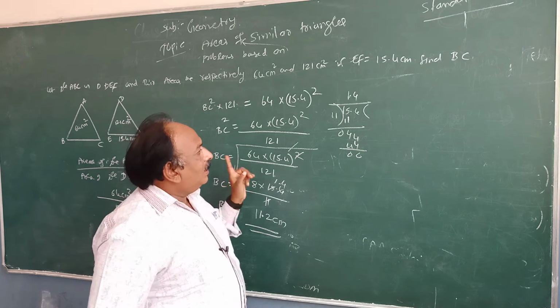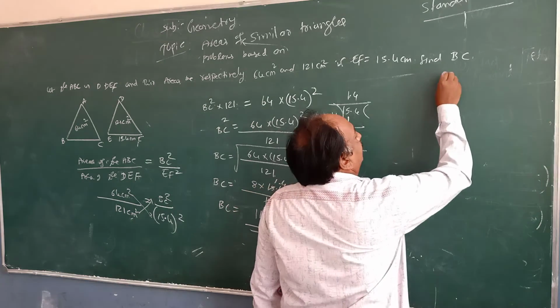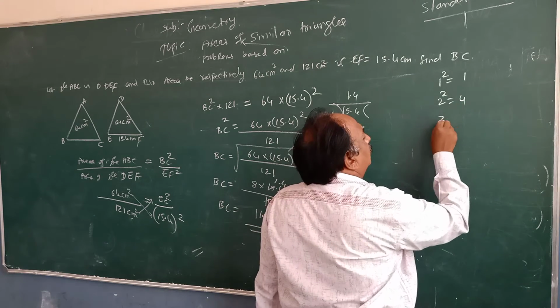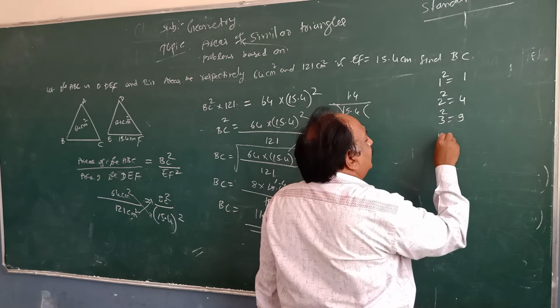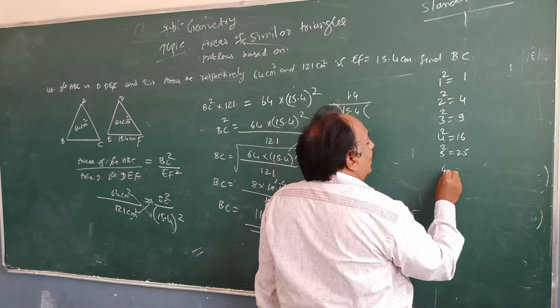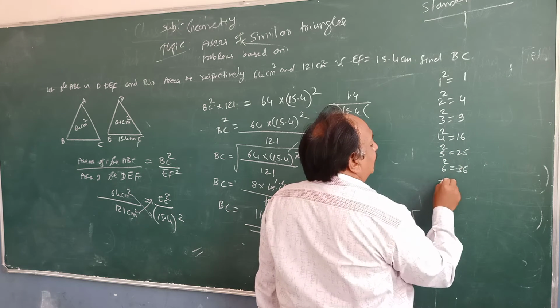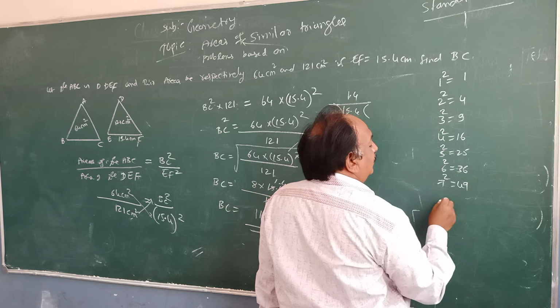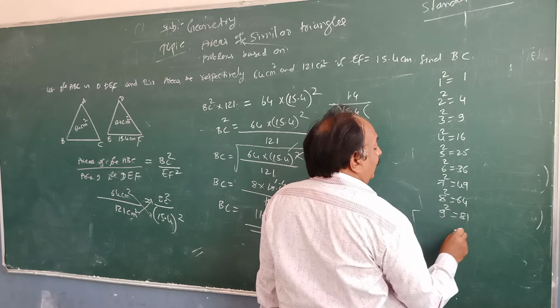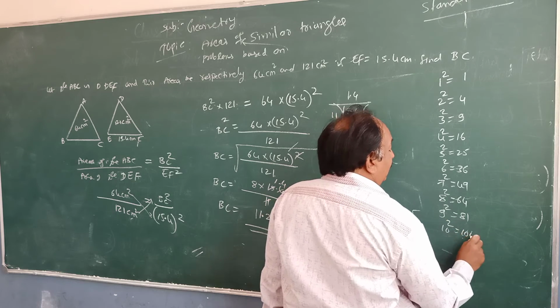Before entry to the Pythagoras theorem, we must know the squares. 1 square is 1, 2 square is 4, 3 square is 9, 4 square is 16, 5 square is 25, 6 square is 36, 7 square is 49, 8 square is 64, 9 square is 81, 10 square is 100,